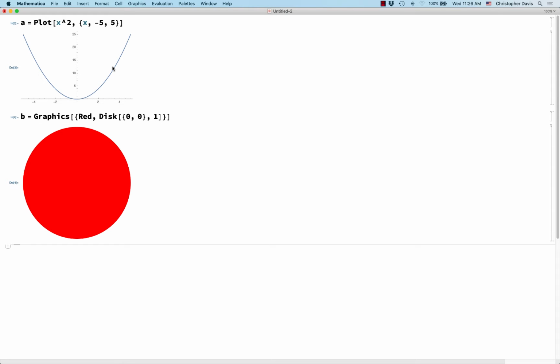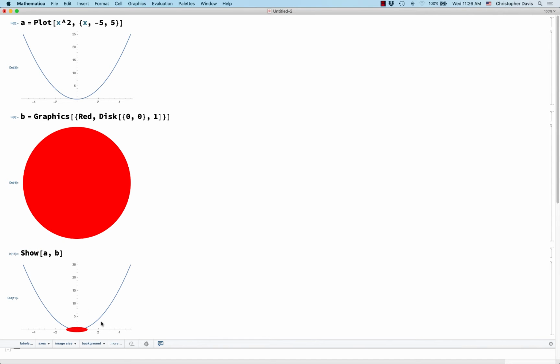Let's talk about a few different ways to combine two images or two drawings in Mathematica. Here I have a plot and a disk, and how can I show both of those? Well, the easiest way is to use Show, and this is always going to prioritize the proportions of the first